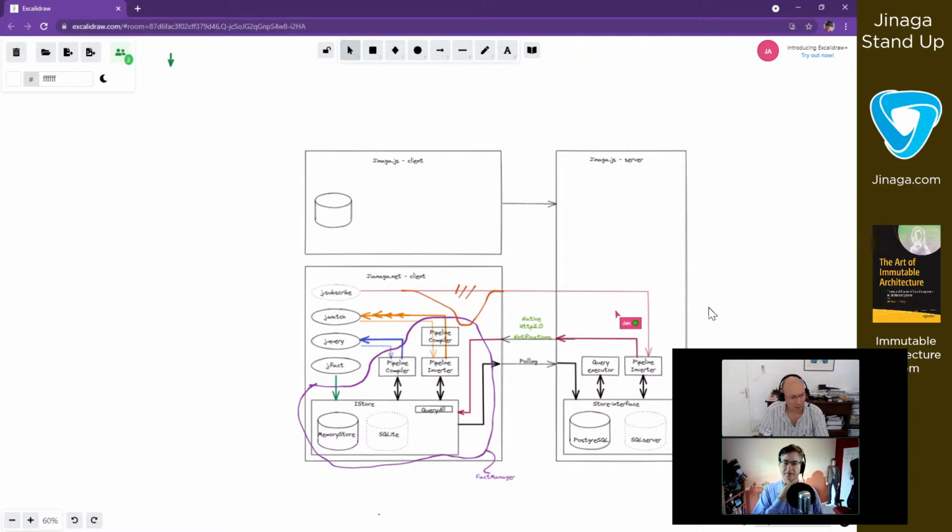In fact, that's the reason that currently Janaga.js is using polling: the server doesn't know anything about notifications, and so polling looks just like a user that's hitting F5. So the server responds in the same way. Every X seconds the client is going to check, and that's what it's using for subscribe. Yes. Okay.